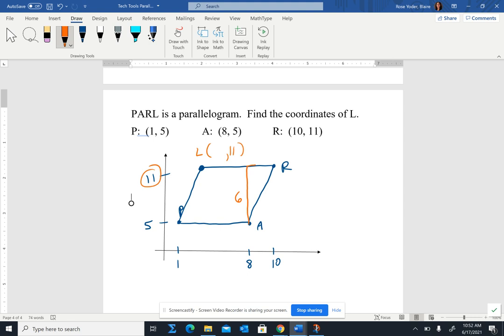And then my run, the x values go from 8 to 10. So 10 minus 8 is 2. I need my rise and my run for PL to be equivalent to my rise and run for AR. So my rise is still 11 minus 5, which is 6. So my run needs to be 2. Pause the video for a quick moment, see if you can figure out what the coordinates of L should be. All right, when you're ready, I just need an x coordinate that's 2 more than 1. 1 plus 2 is 3. So the coordinates of point L